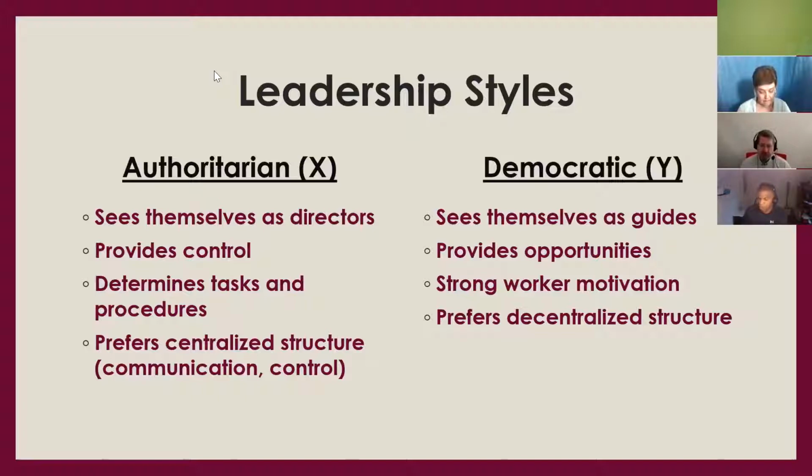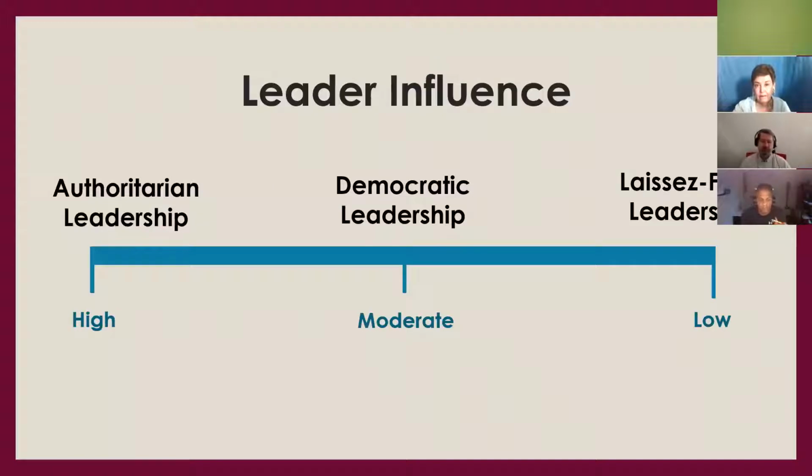Now, there are disadvantages to both. All right, with the authoritarian, they don't have such a fun environment. That tends to be the weakness there. And with the democratic, people like working in a democratic environment, but it takes a lot of time. So when we look at this, we might be going along a continuum. The leadership influence is that the authoritarian leader is highly influential, meaning that they are making decisions and it's being implemented across the board. The democratic leader is using a moderate amount of influence, and they're working with their teams to